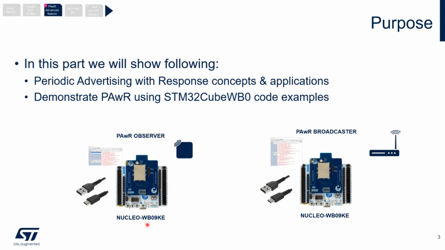Here we use Nucleo WB09, but the feature is supported across the full family. And the Nucleo will be connected to your laptop through a USB cable in order to get TeraTerm, Docklight, Hyper Terminal, whatever you want, in order to get some logs